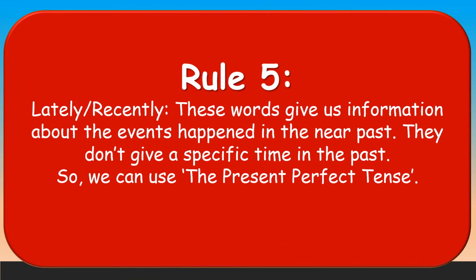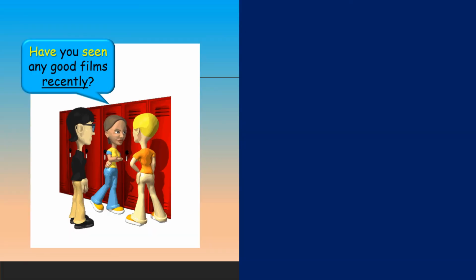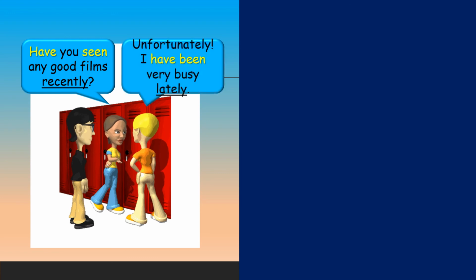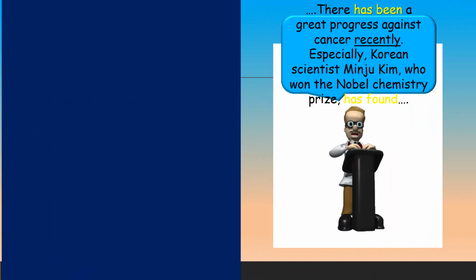Rule 5. Lately or recently. These words give us information about events that happened in the near past. They don't give a specific time in the past, so we can use the present perfect tense. Have you seen any good films recently? Film, of course, is movie. Unfortunately, I've been very busy lately. There has been great progress against cancer recently, especially Korean scientist Minju Kim, who won the Nobel Chemistry Prize, has found